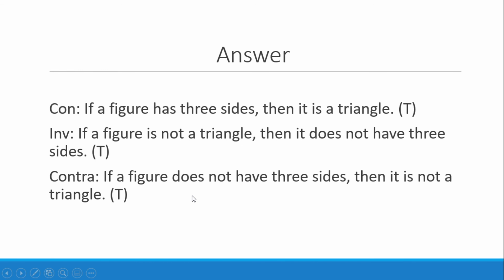There we go. Are these all true statements? Yes. If a figure has three sides, it is a triangle. If it is not a triangle, it does not have three sides. If a figure does not have three sides, it is not a triangle. All those statements are true statements. Okay? We will come back to this, we'll continue with this video in